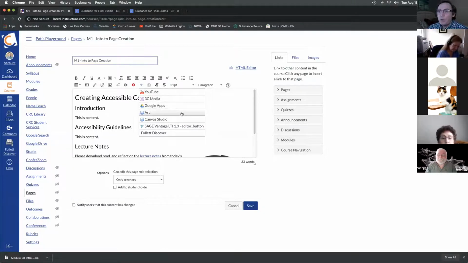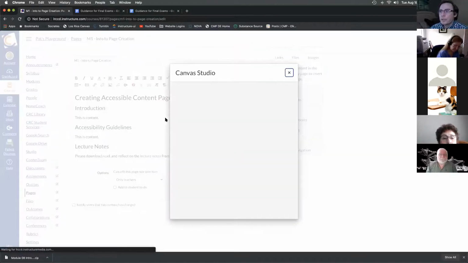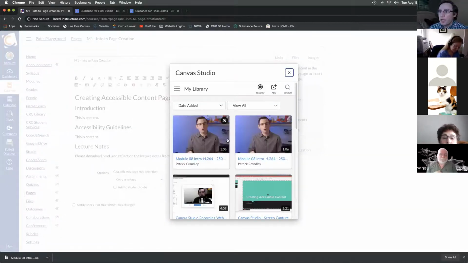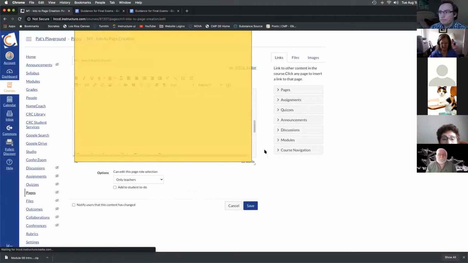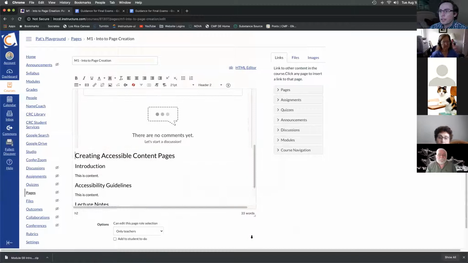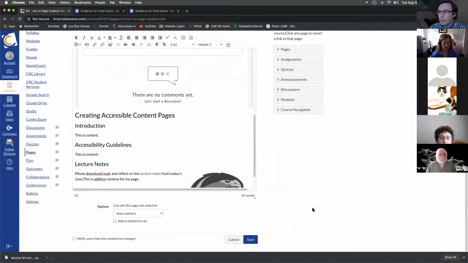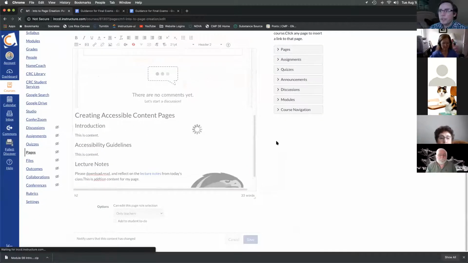And these are all of the third-party learning tool integrations that we can use to embed content into a page itself. And if you go into Canvas Studio here, it's going to load up your entire Canvas Studio library. And now I can just select it and I can embed it in a video or in a Canvas page. And it's in there. It's just bigger than the editor width. If I save the page,